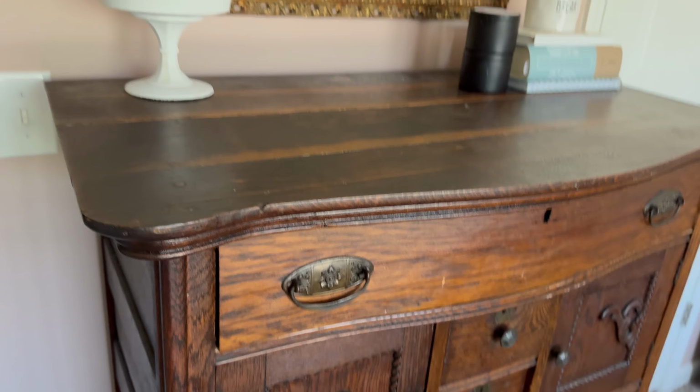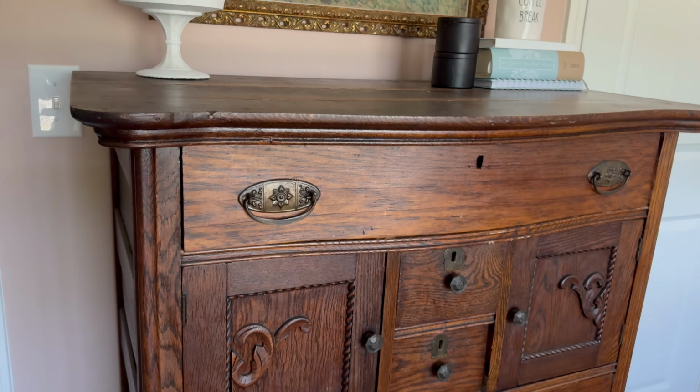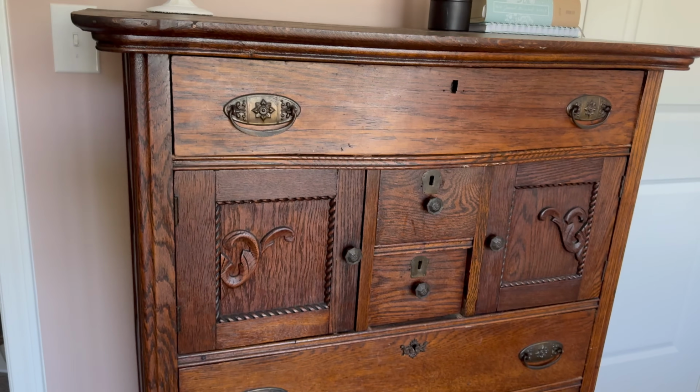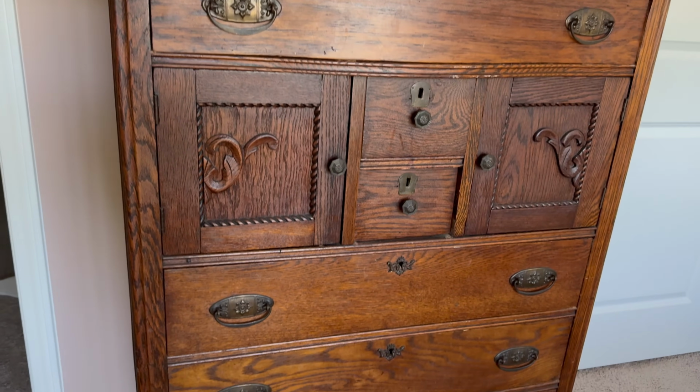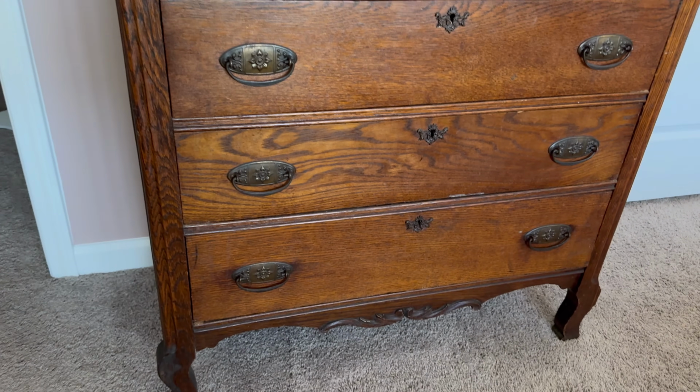One of the main inspiration pieces for this room was this beautiful oak dresser that I got at the thrift store a while back. It was $350. Henry, come here, baby. It was $350. All furniture was half off, and then I used 25% off that week. So this was a steal. It stayed in our garage for a bit, and then we decided it would be the perfect piece